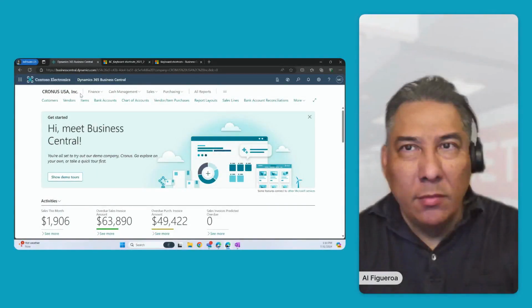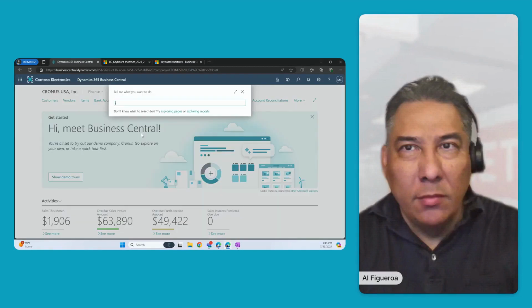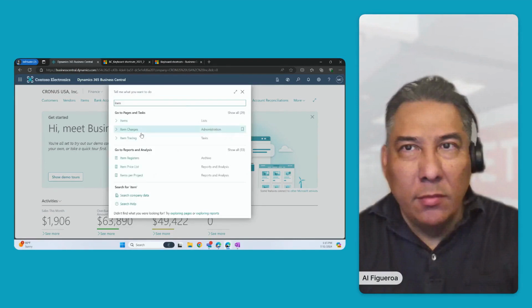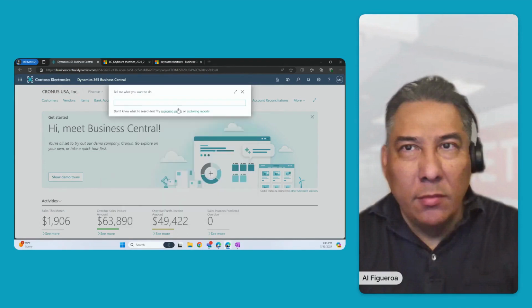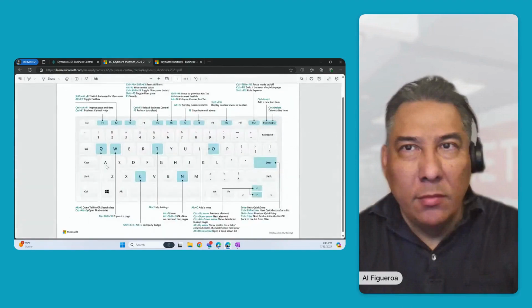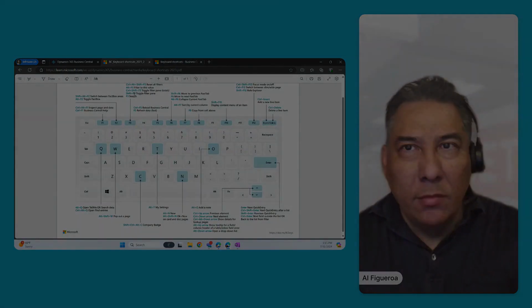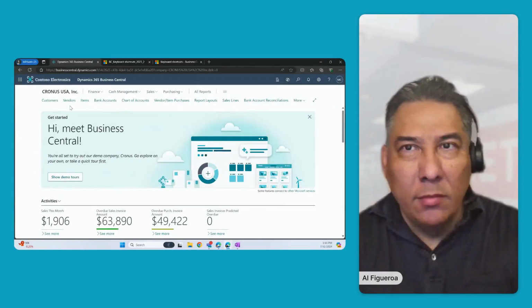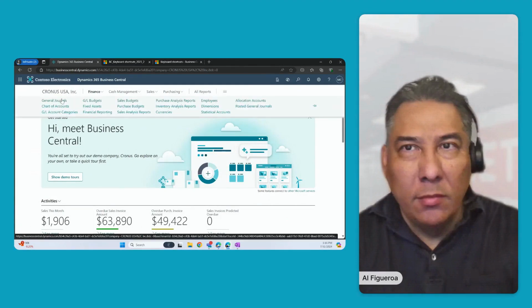Another one that I like to use is the Alt Q. Let's say you wanted to look up a page, rather than having to use your mouse, Alt Q, and it will take you there. All of that again is visible from this shortcut keys. Another shortcut I think that is nice is when you're in a journal, you're able to